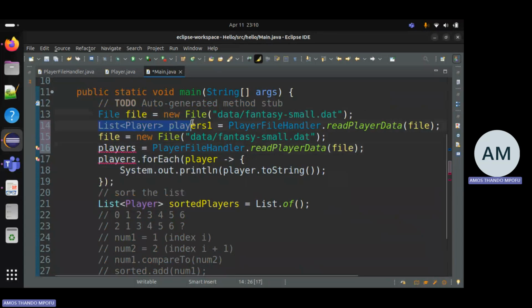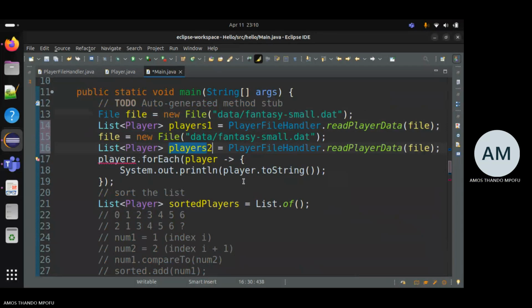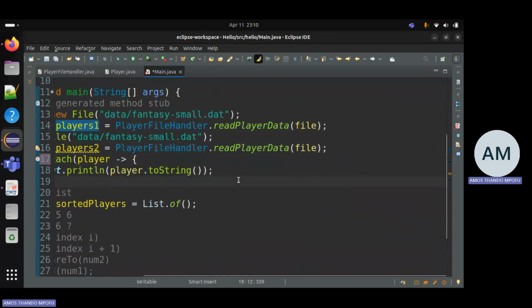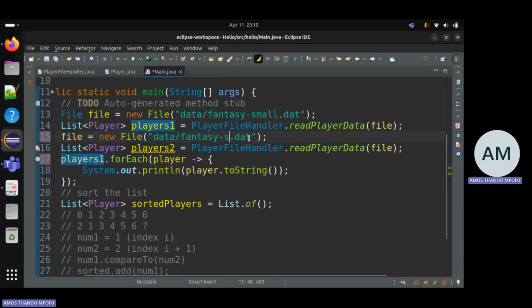Let's make this players2, right? With players2. Okay, we have this. Then medium,